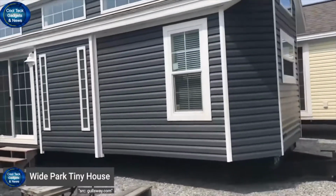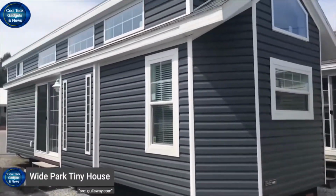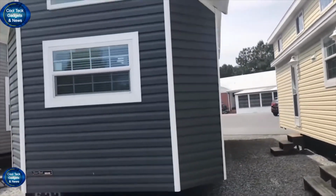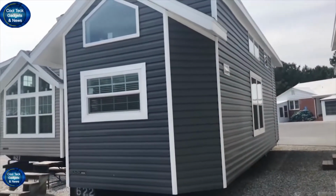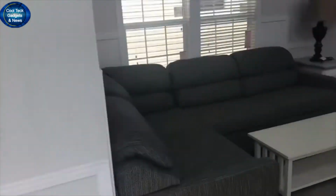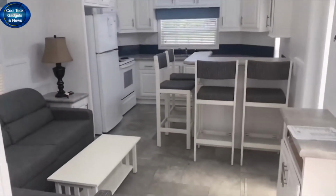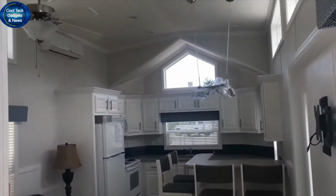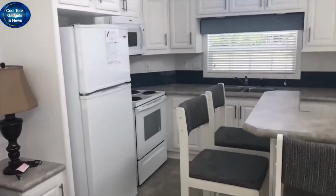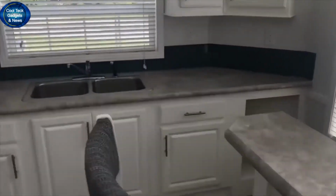Wide Park Tiny House. This fan-sized tiny house on wheels is one of the recreational vehicles that have been modified to look like vehicle households. It is a temporary accommodation, a home away from home for vacationers during the holiday period. Built with innovative design and exceptional craftsmanship, these houses come equipped with full-size amenities and allow families to experience traditional